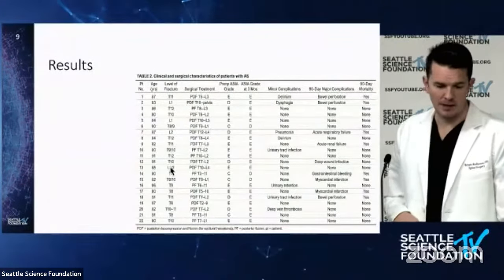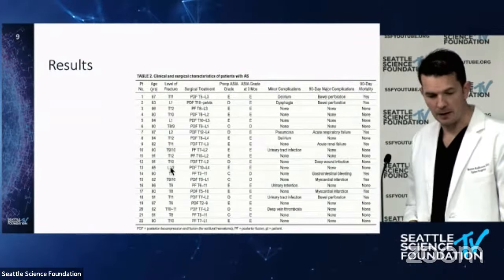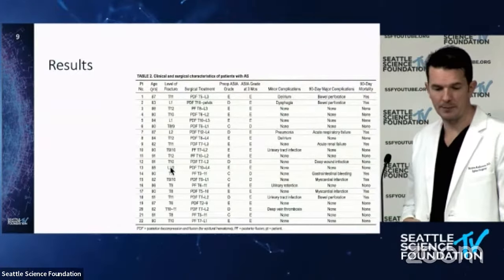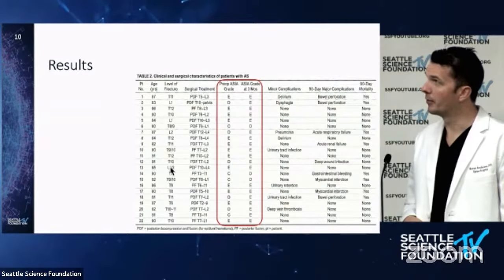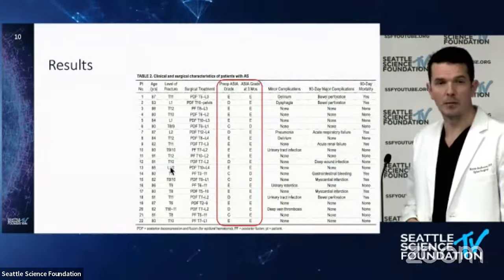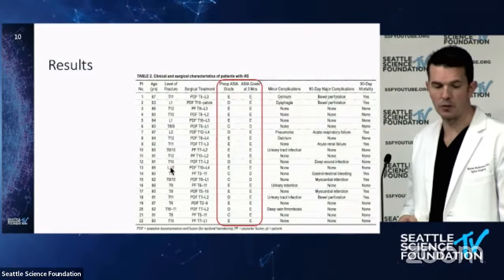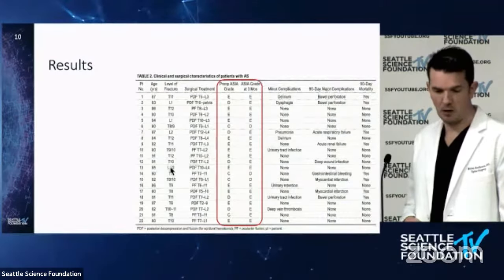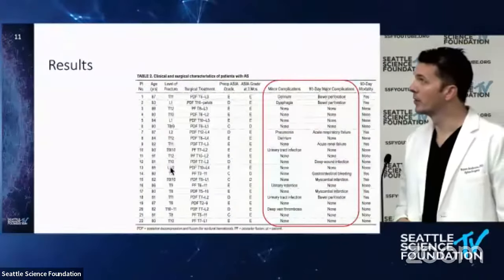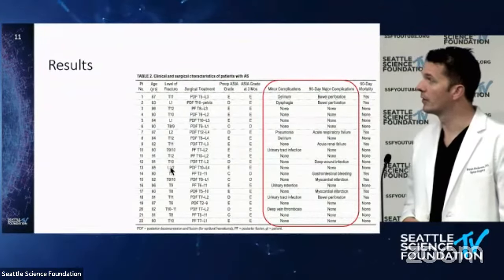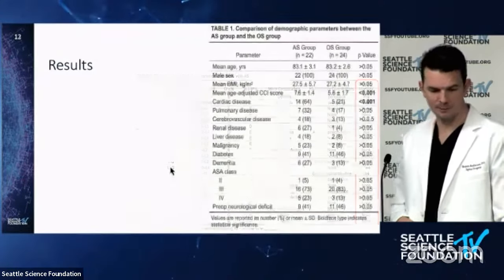So here is the data that was obtained for the patients with ankylosing spondylitis, the 22 patients that came out of this set. The investigators did identify the pre-op ASIA grade and the post-op ASIA grade, and every single patient did improve at least one letter grade over the course of 3 months. There was no change by 12-month follow-up. All the gain was seen in the first 3 months. And then they also listed any minor complications and major complications. And then mortality within 90 days was also identified.